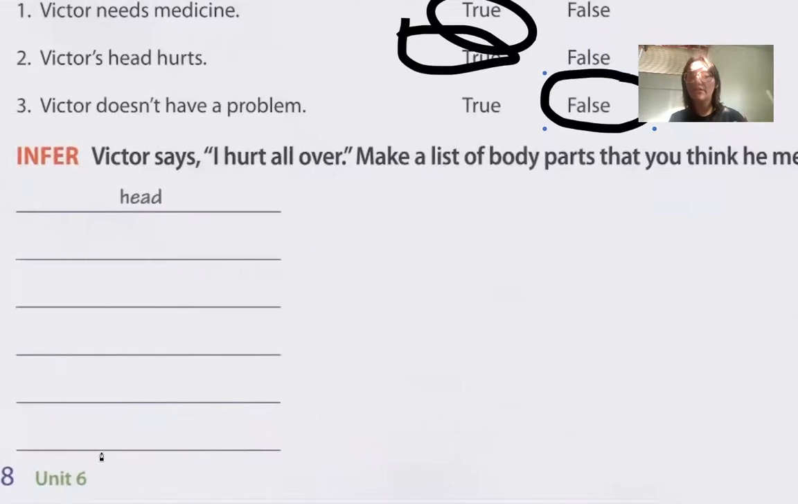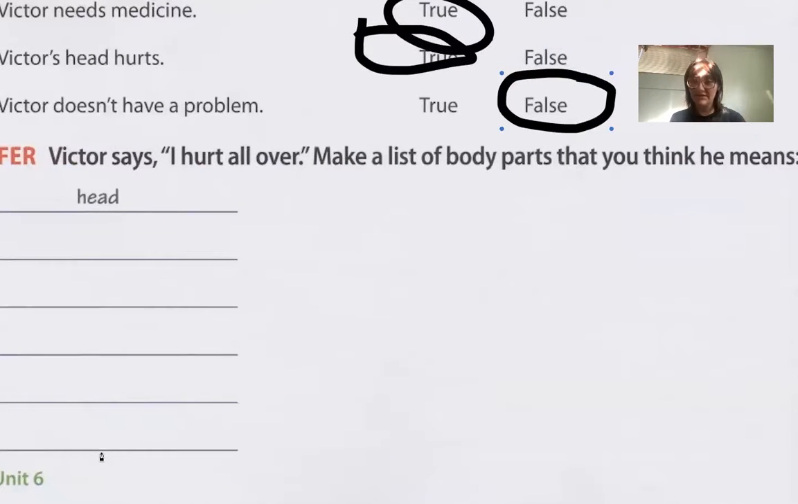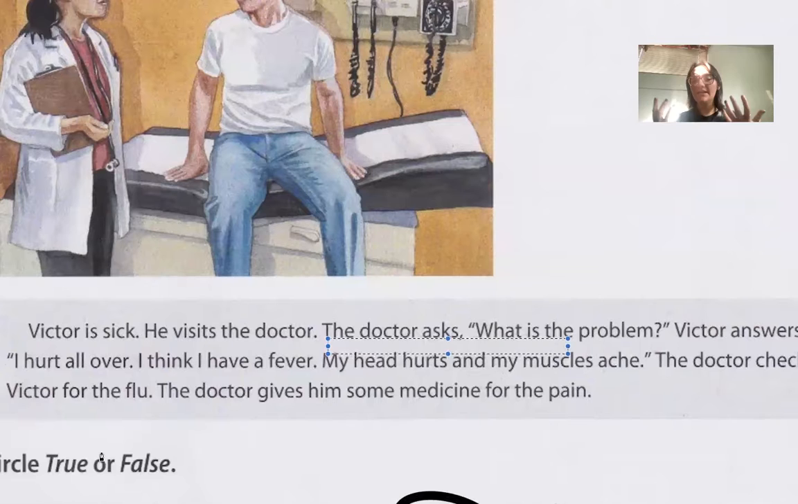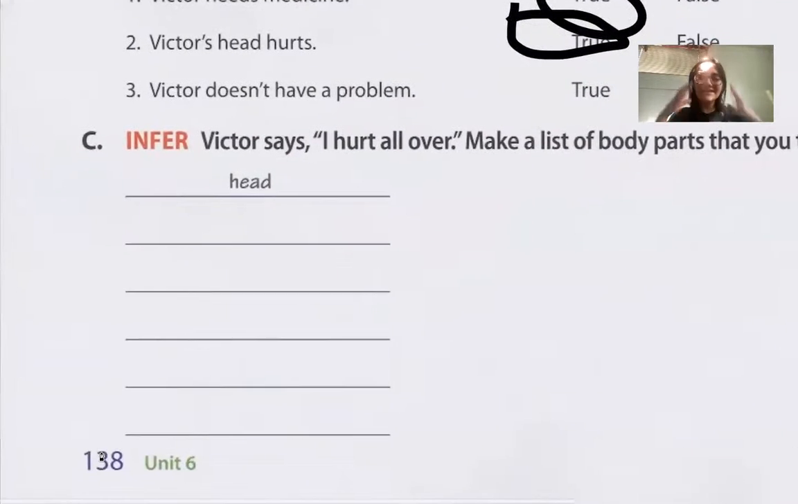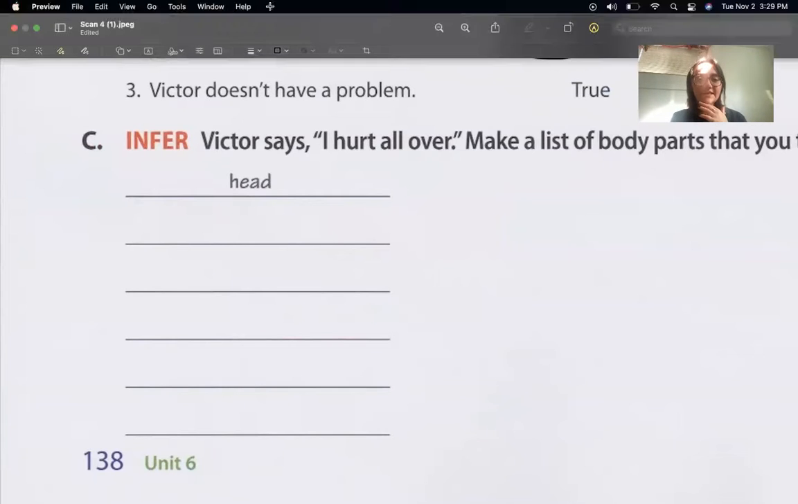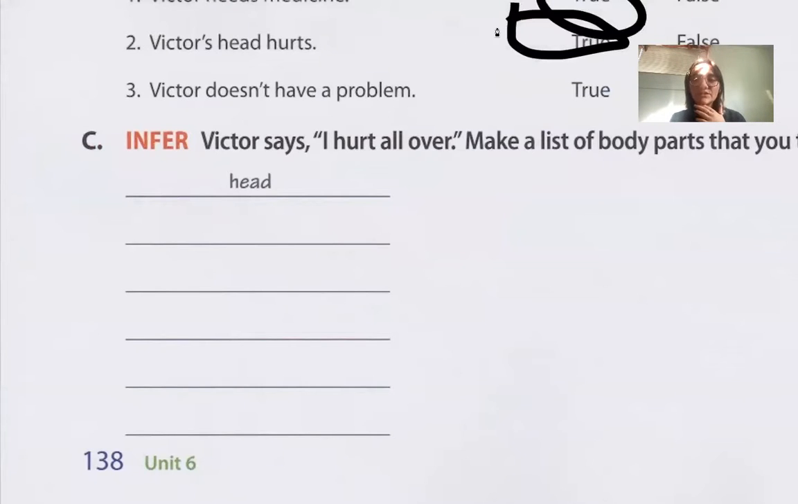Victor says I hurt all over. Make a list of body parts you think he means. So what do you think he means when he says I have a fever, my head hurts, and my muscles ache? I hurt all over, right? So if his head hurts, right? If he said that his head hurts, we could also say, well, probably his